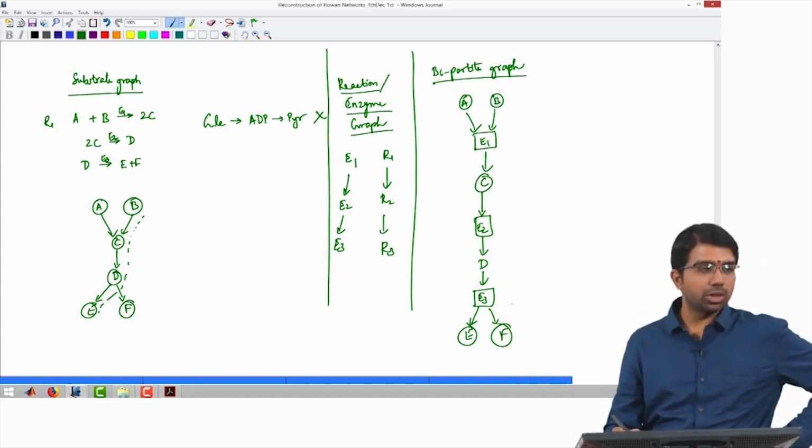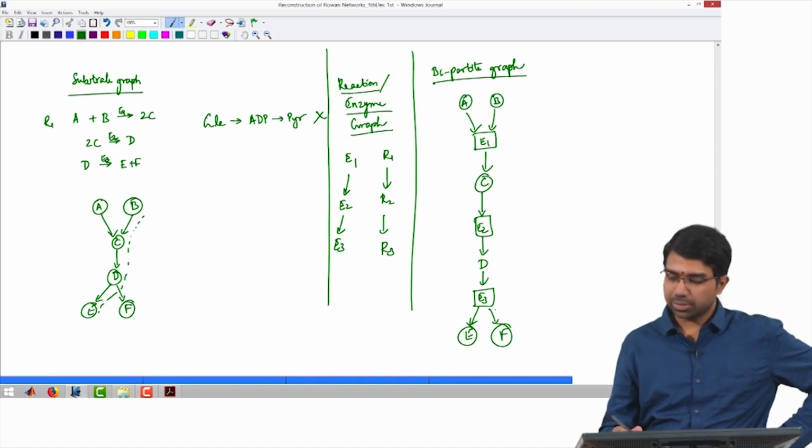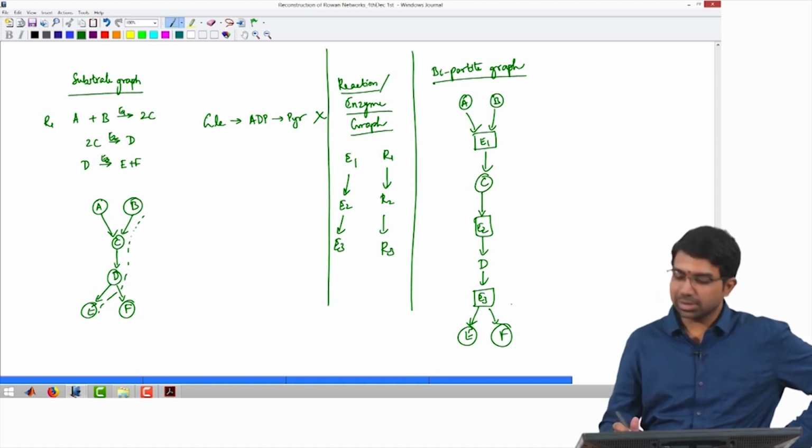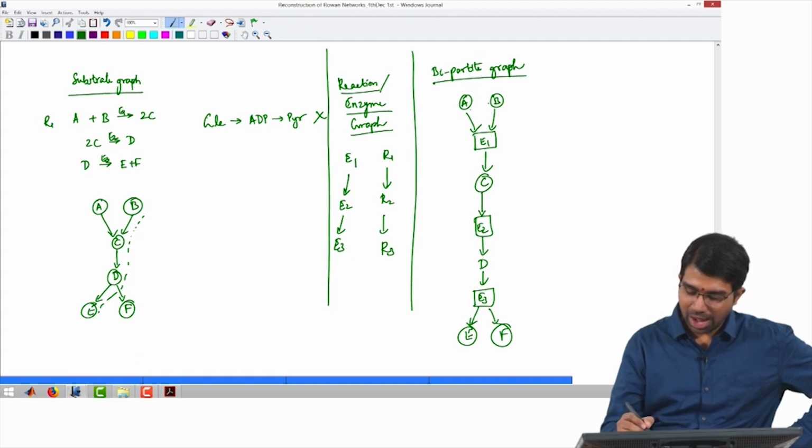This looks more like what you would see in a biochemistry textbook. The one important thing is that you have to understand that A and B are required for this enzyme to